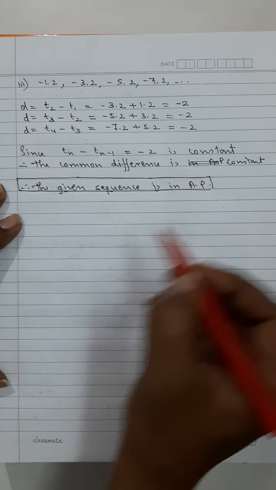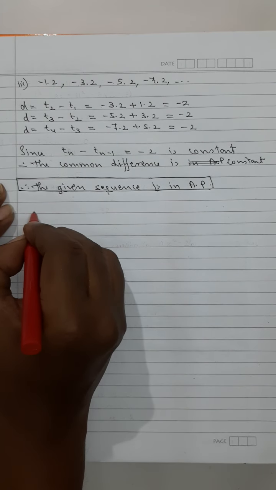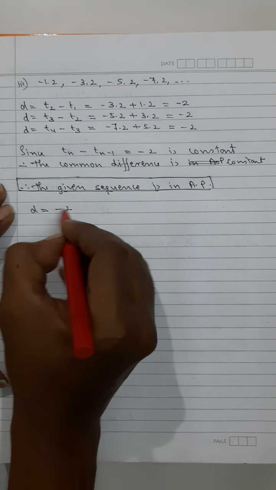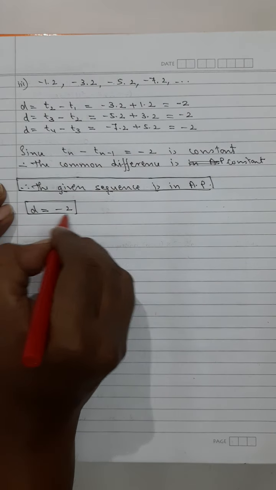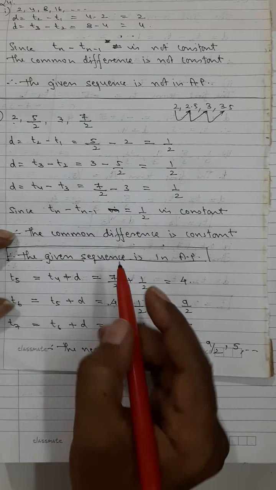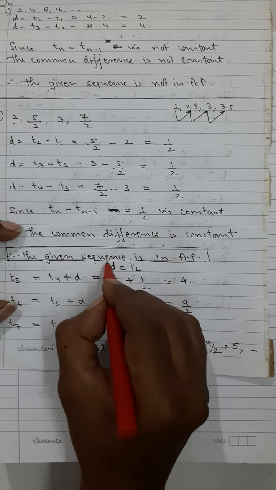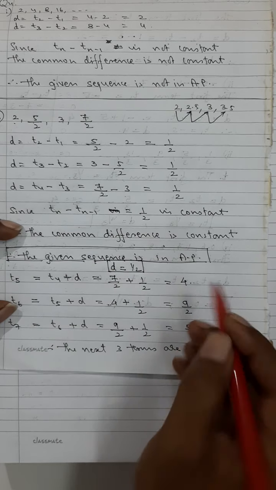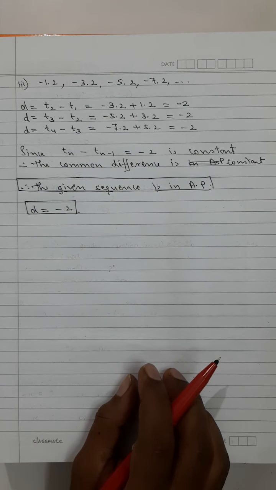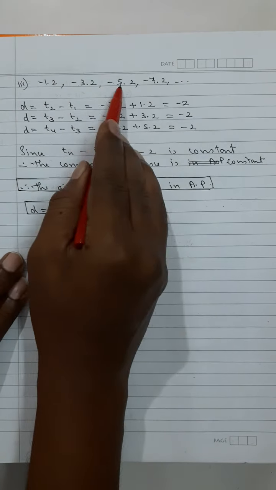Okay. Now the next three terms, where D is equal to minus 2. This also should have been written in the first two questions, we have not written this. Find the common difference is one answer they have asked. So we will have to write over here D is equal to 1 upon 2 is needed. D is equal to minus 2, and then you will get 1, 2, 3, 4, we have finished.